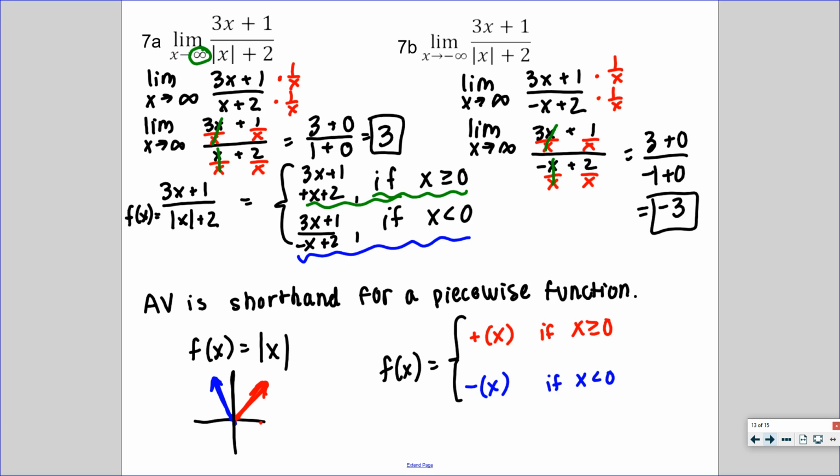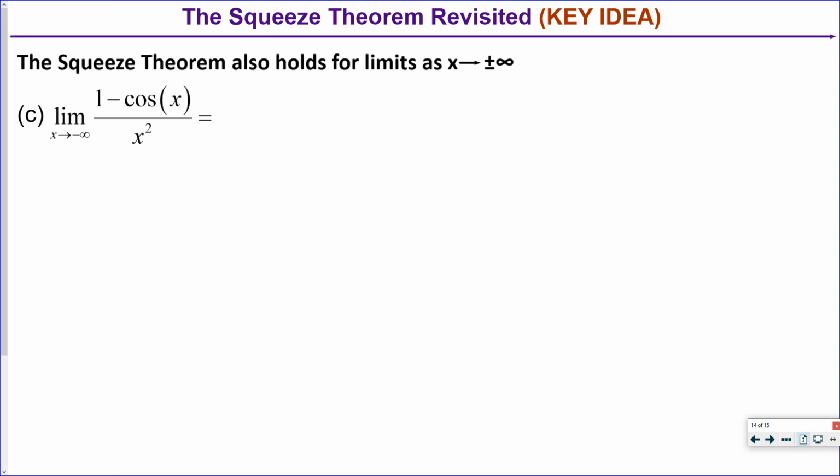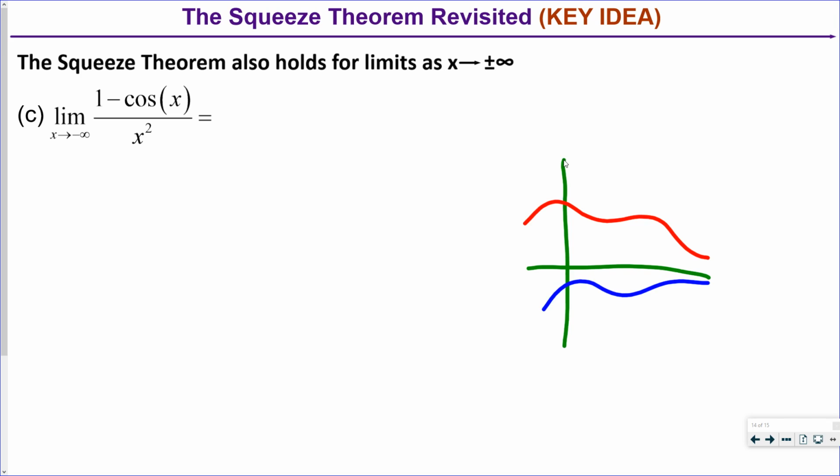Last thing. This will be perfect. We're going to go back to the squeeze theorem because the squeeze theorem also works for limits at infinity. And I think we only did one squeeze theorem one together, so we'll do just a couple here. Okay, so to remind you what the squeeze theorem is, basically we try to find our function, we try to find two values it's between, and then we do a little bit of algebra, and then we take the limit of everything, and as long as you have two values, something like this, and your function is always right between them,